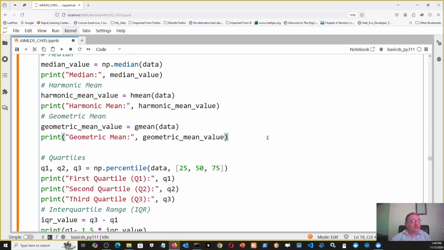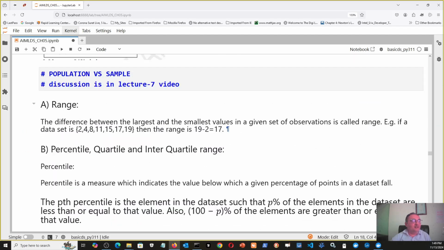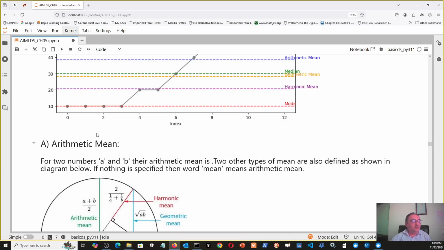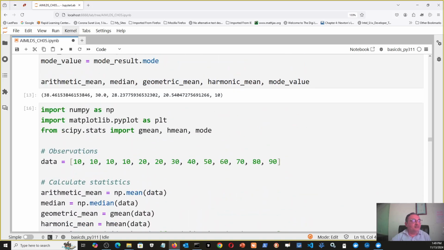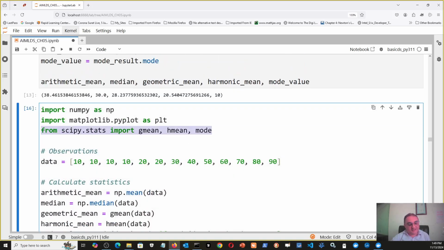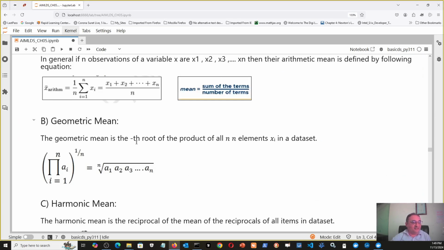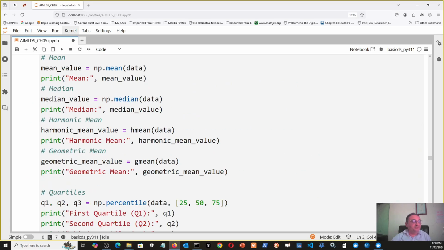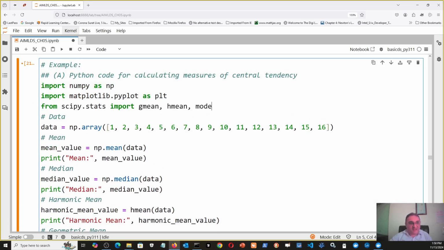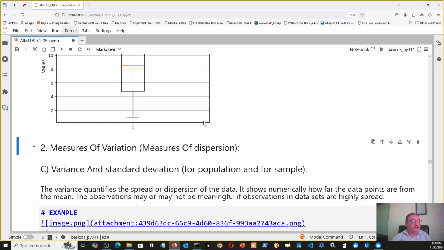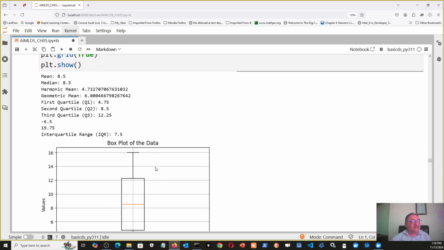So let me see, perhaps in one other example I showed how to find that, and yes, here from scipy.stats. So you have to use the SciPy library, otherwise it will throw an error. So here the SciPy library is required, scientific Python. Now if you see, then these are various